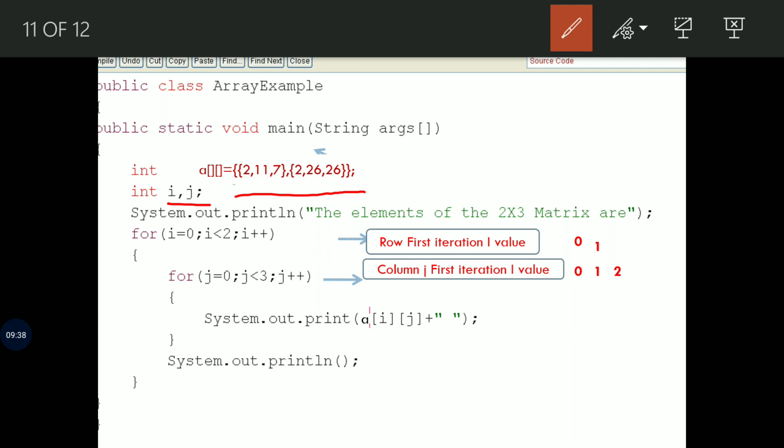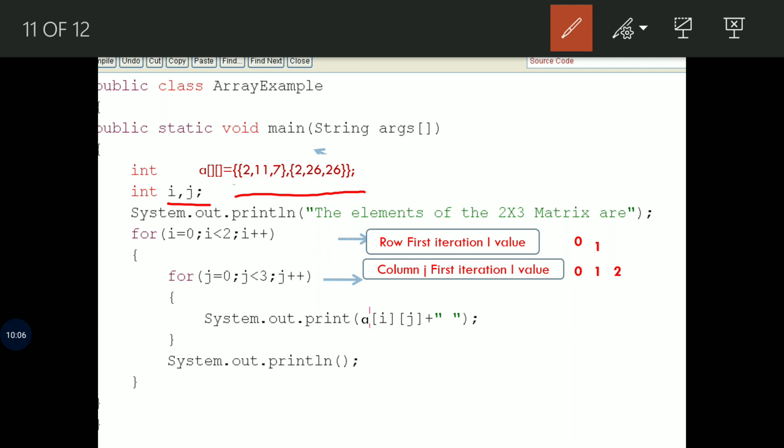In the condition inside the for loops, i is less than a dot length will ensure the compiler does not exceed the array limit. Further, j is less than a of 0 dot length will ensure the compiler does not exceed the array column limit. Let us see the Java two-dimensional array program execution iteration wise.